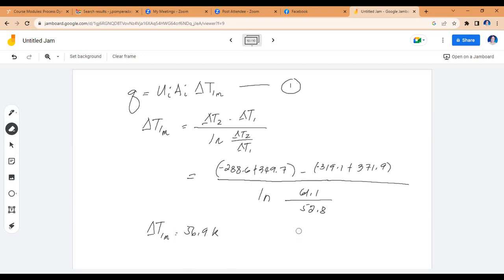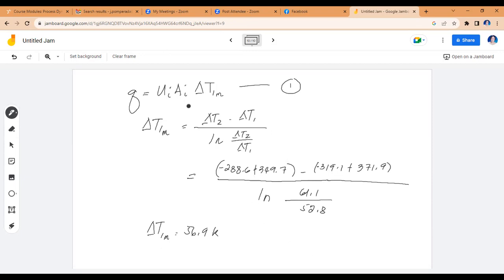Let me check. Okay, so you'll be getting 56.85, or that would be 56.9. So your delta T's, whether it's countercurrent or co-current, always is the absolute difference of the two. I did not mind the manner of my subtraction a while ago because I know that both will be negative. But in the case here in the numerator, it will have an effect on the negative side in between. So it really matters the order in which you're subtracting. So lower number subtracted from the higher number to get the positive delta T log mean. So in this case, that is 56.9